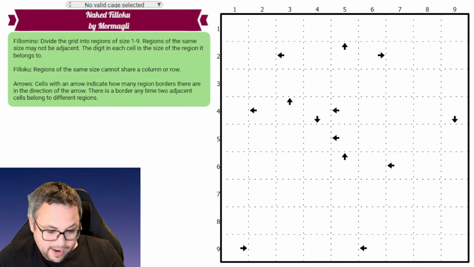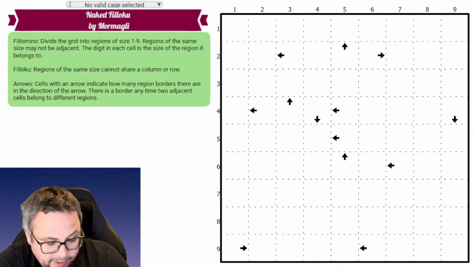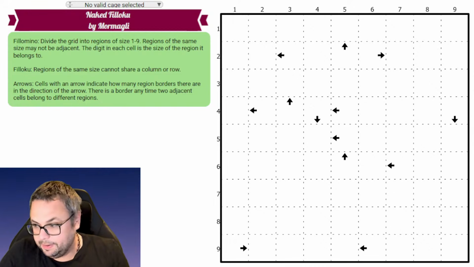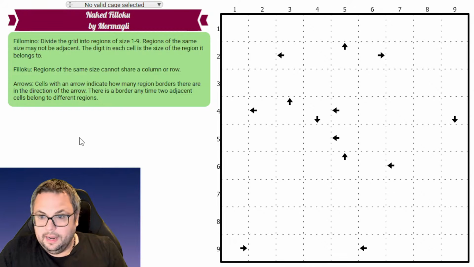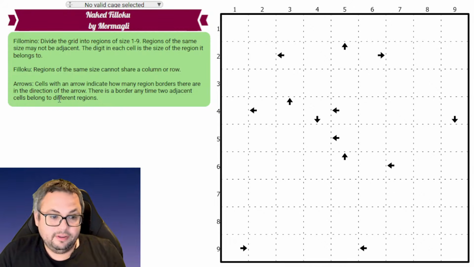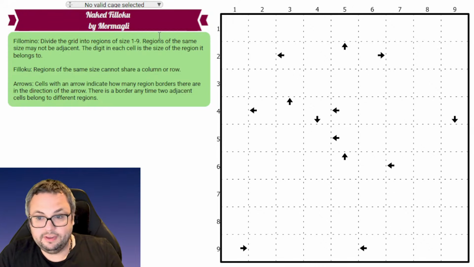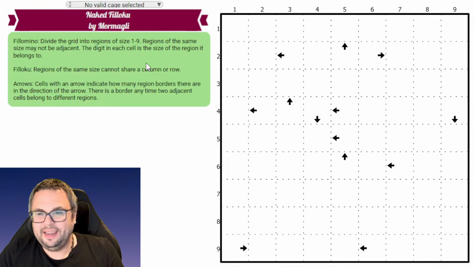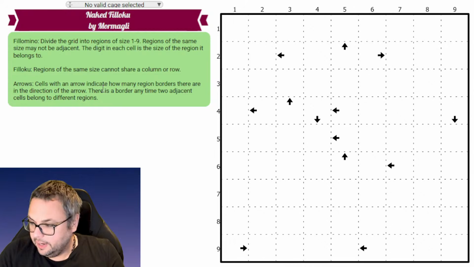So we need to divide the grid into regions of size 1 through 9. By the way, it's not going to be a sudoku. It's going to be a Fillomino, but with some extra sudoku flavor. Regions of size 1 through 9, the digit in each cell is the size of the region. And regions of the same size cannot share a row or column. I like how Mormagli noticed that you don't need to specify that they can't touch, because they can't share